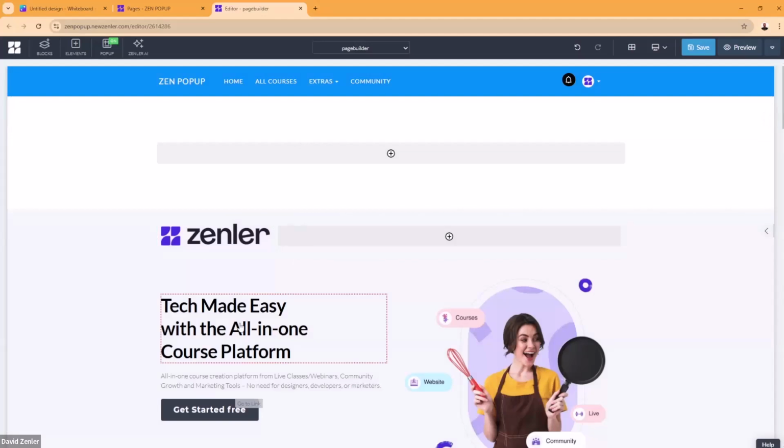Now it's not click and add, right? Pretty much all of the main platforms, and you guys can back me up on this, have click and add, right? Things like Divi Builder, click and add. It's not true drag and drop. And I'll go so far as to say that Zenler is probably one of the only ones that have true drag and drop. That's why a lot of you guys love it, because you can drag elements around inside, okay? That is a core thing that Zenler has, and that's why people love it. That's why I love it.